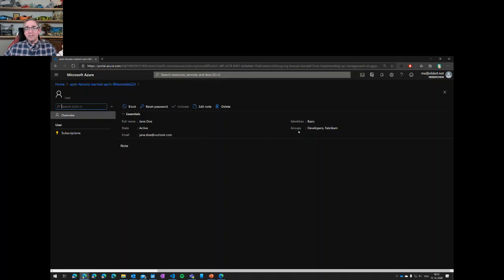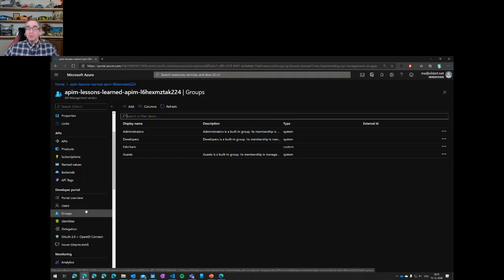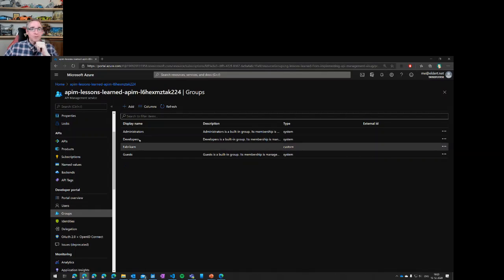And what you will see here is that Jane Doe is part of a couple of groups. That's the next part we will look at, groups. So groups, much like an Active Directory group, a group is a way to bring together a group of people. We normally do this with the Goudse around partners. So for example, the Goudse might have partner Contoso, partner Fabricam, things like that. And those partners will have their developers in their own groups. So when we no longer work with one of these partners, we can just throw away that group and all their access will be revoked.